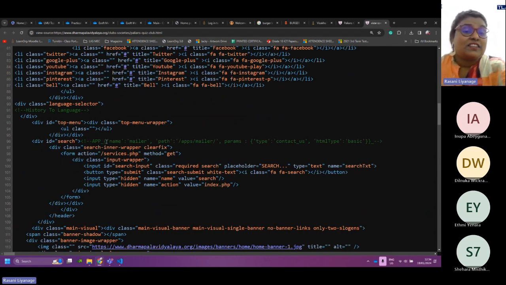Right. See, this is the language that they have used.